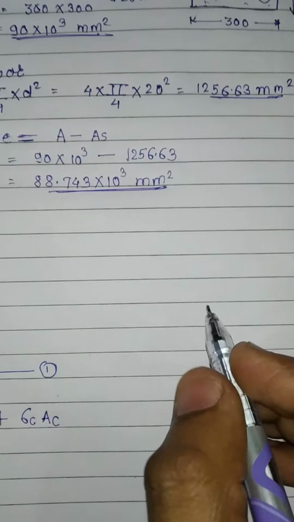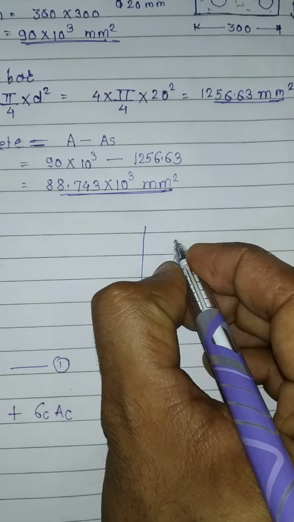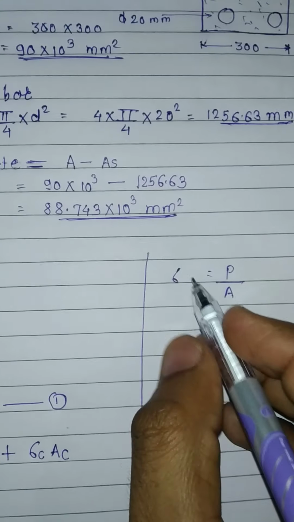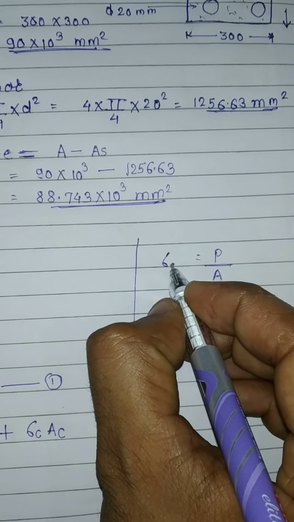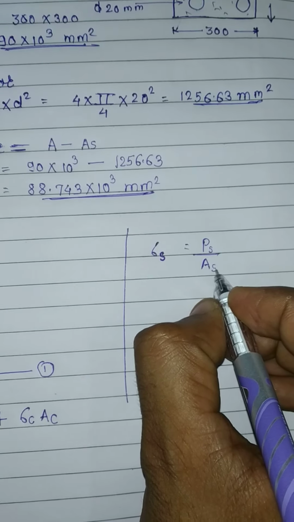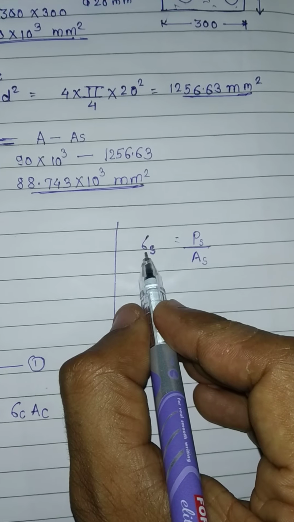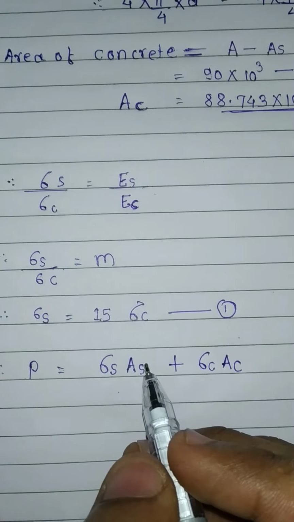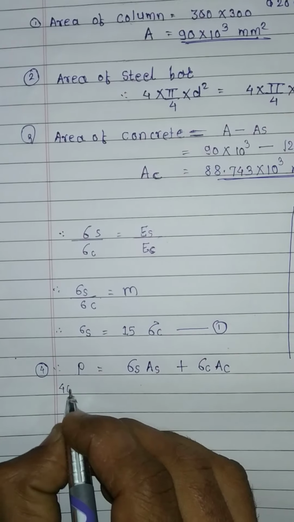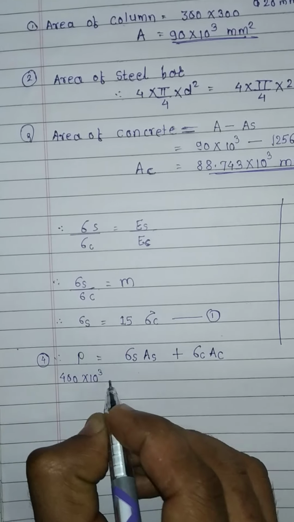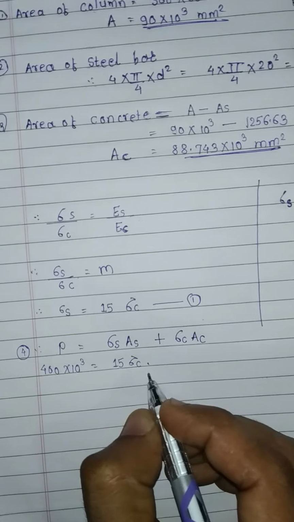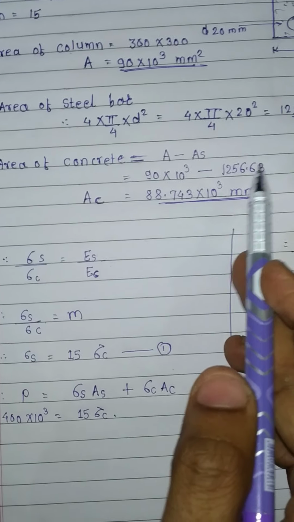The stress is equal to P upon A. We take the first material, steel. The load for steel is Ps equal to sigma s into As. Putting the values: P is equal to 400 into 10 raised to 3, and sigma s is equal to 15 sigma c, therefore